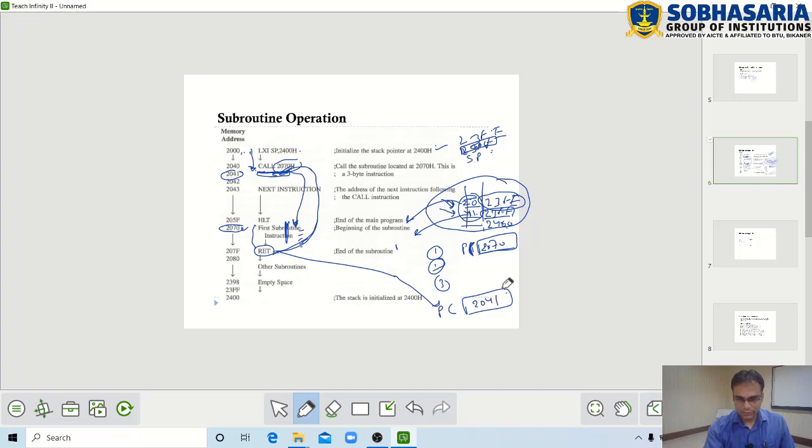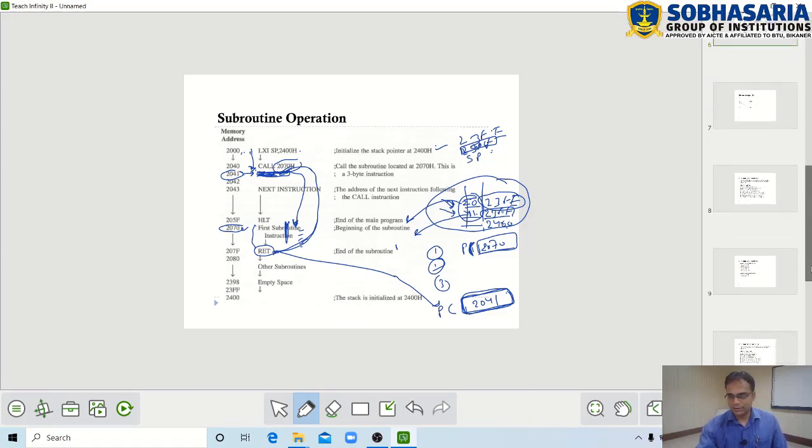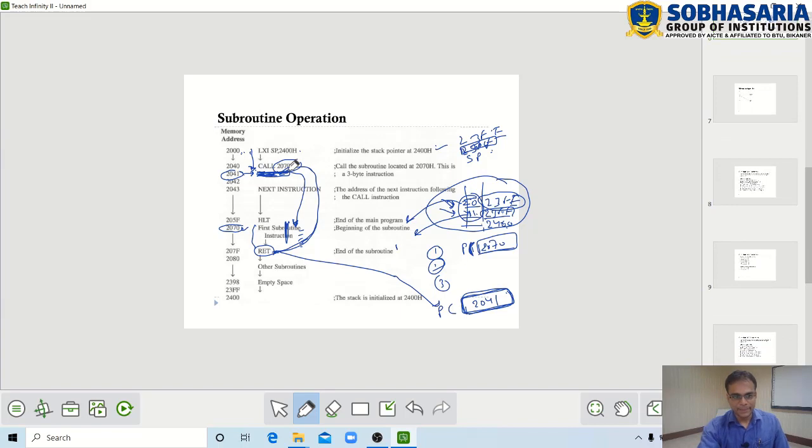So when return is executed, the program counter will have 2041. Because the program counter has 2041, the execution will be transferred to this location again because of the return instruction. So this is how a subroutine works, where the program counter is loaded with this address, the next address of this instruction is copied into the stack, and control transfers here.